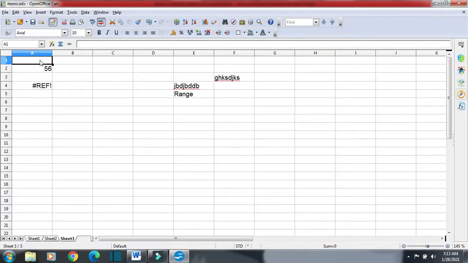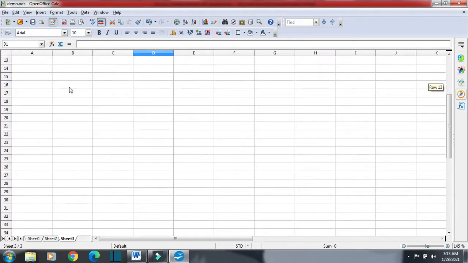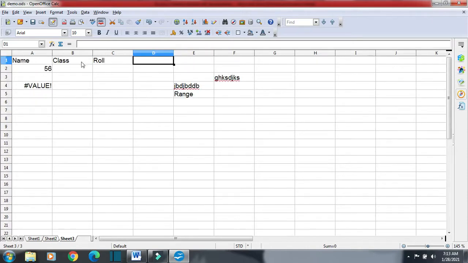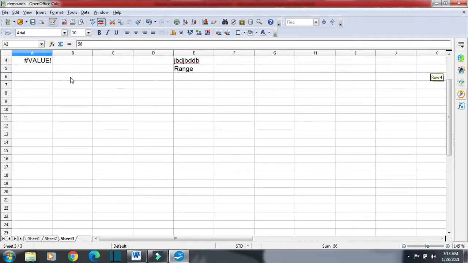Suppose in this row we have name of students, class and roll number. Okay, and if we move here, this whole name option will go, otherwise we will not be able to find what is written at the top. Suppose Suresh.